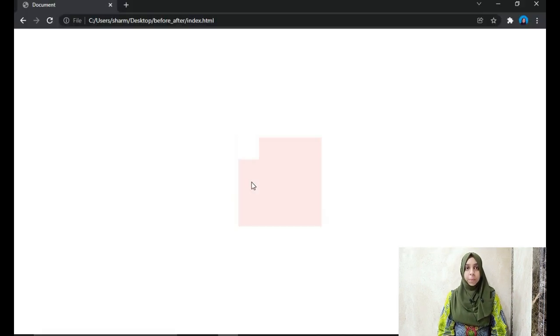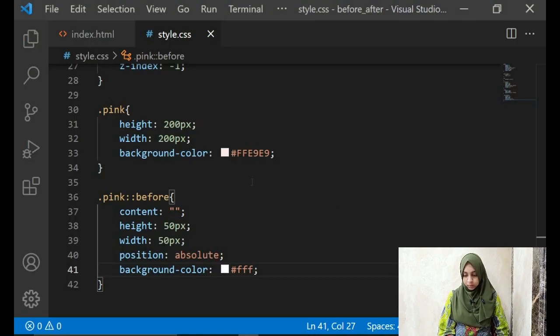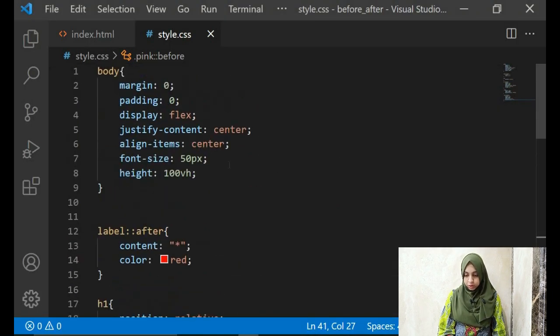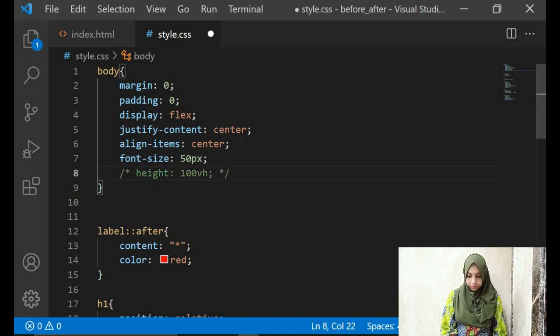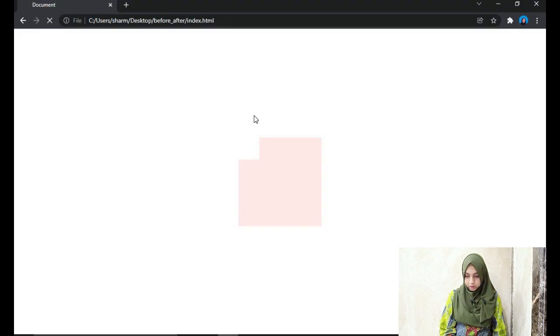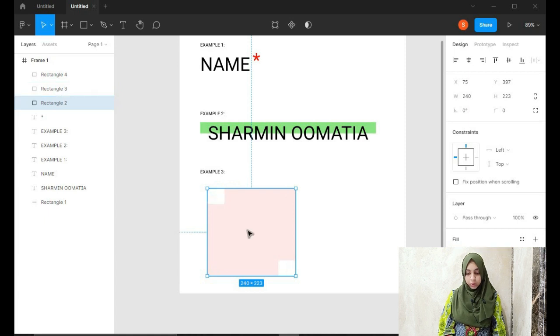Refresh. Can you see? Now it's because of the flex that's happening. Let me just remove these flex properties and refresh. Okay, so can you see that element is fixed? It's on the top right over here, what we wanted.